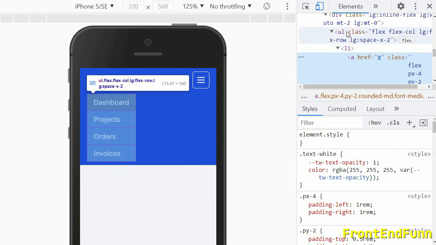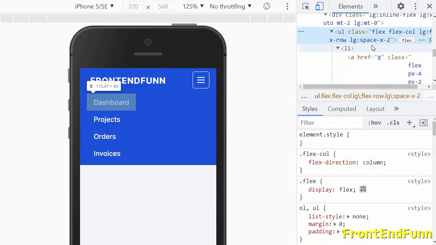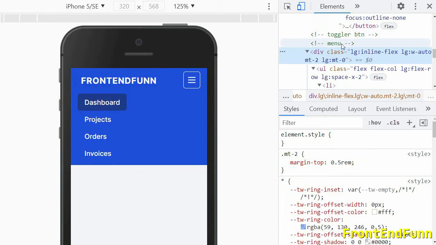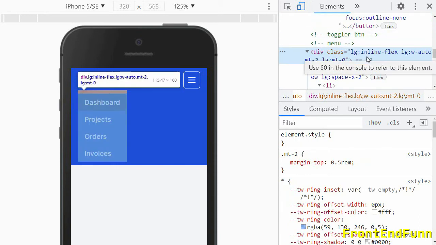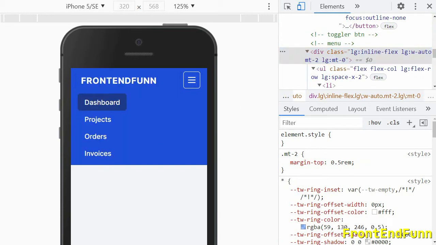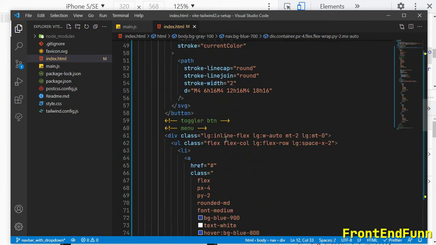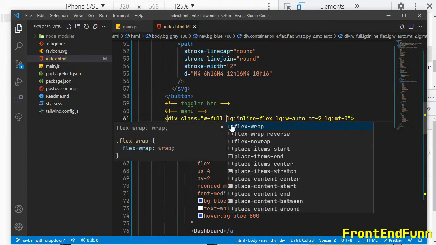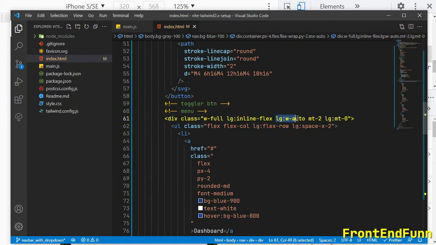Next, if you inspect, the UL is taking only the content width. Because it is set as inline flex, the div is taking only the content space. So let's go to this and add the width class, w-full. On large screens we are setting the width to auto, but on small screens we are setting the width to full.